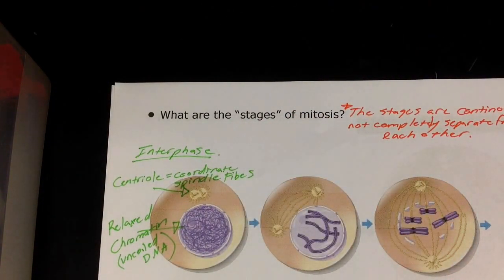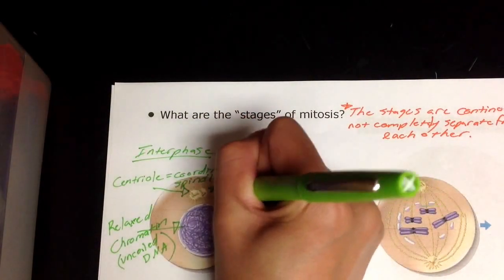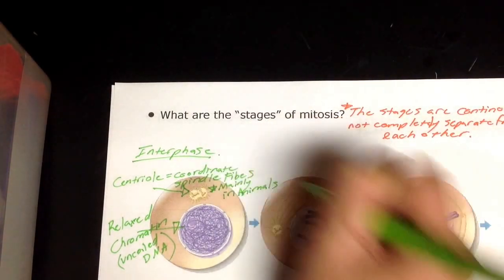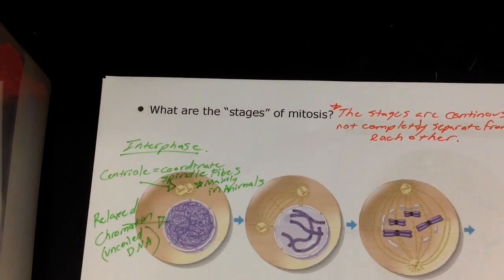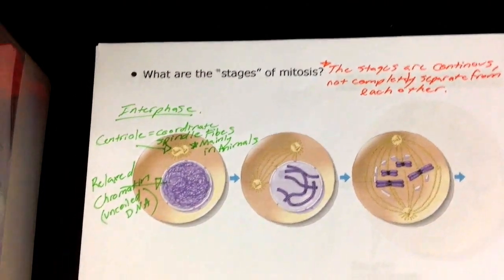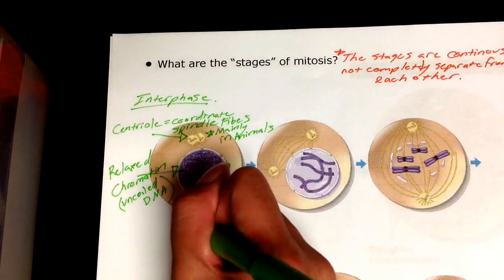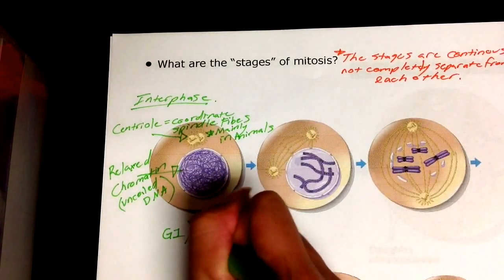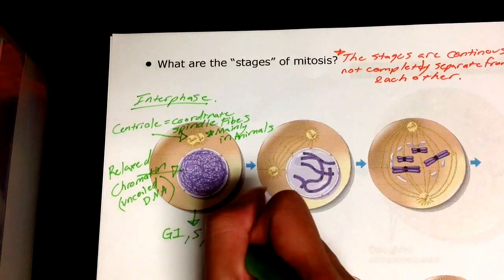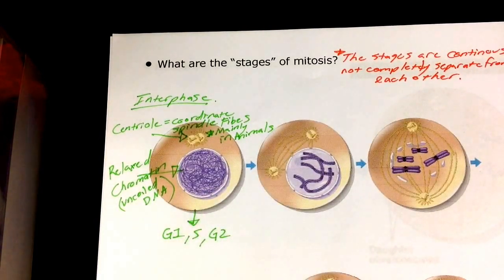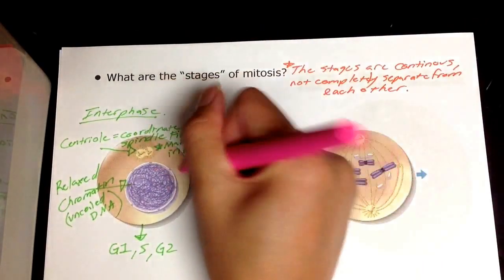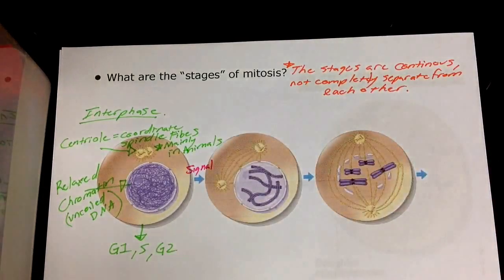You've learned in Bio 1 that centrioles are only found in animal cells, but we're going to change that now to mainly in animals, because new discoveries are always happening, and that's not necessarily 100% true each time. So in interphase, we're going to have a couple things happen. Again, we need to just keep in mind that interphase is going to be G1, growth of the cell, S, replication of DNA, and G2, additional growth of cytoplasm and organelles. Then our cell is going to receive a signal and be able to move on.